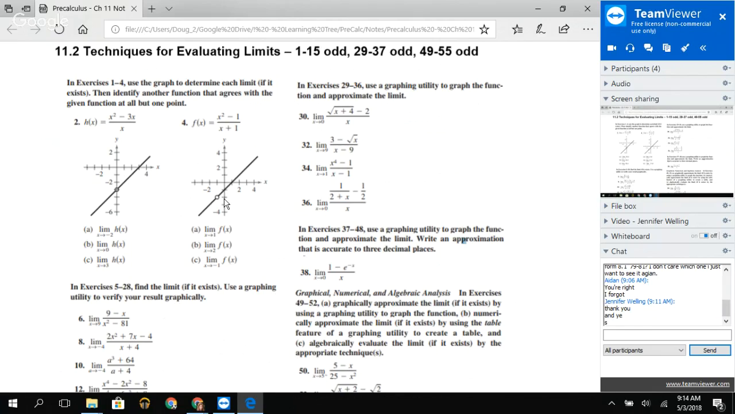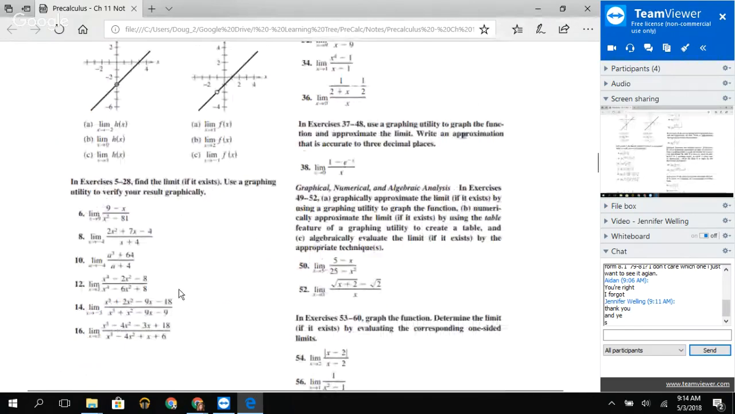Okay, and then we talked about some techniques, how we can use graphs, obviously, to find limits, and then we can use some algebraic techniques to find limits as well. So I think we kind of left off down here in the 6 through 16 area. I know I assigned 1 through 15 odd,